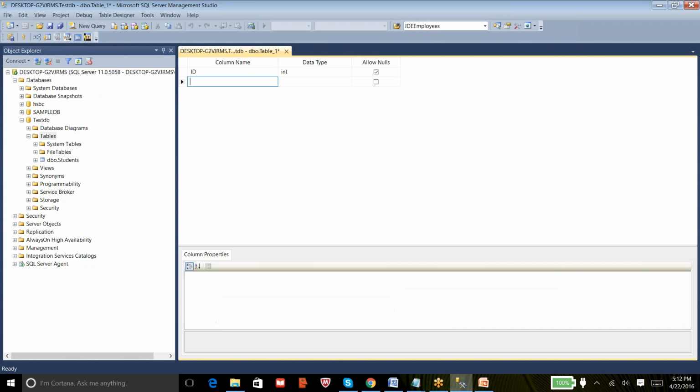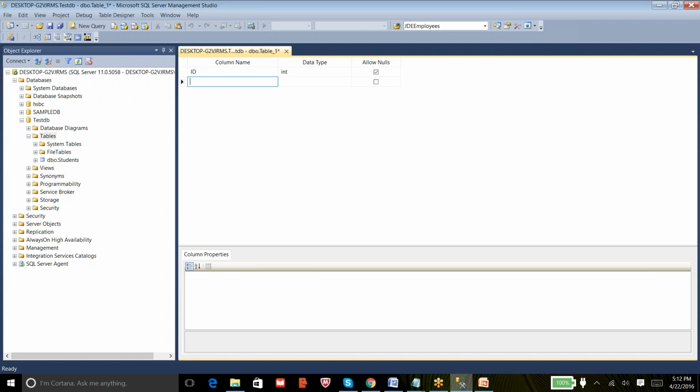If I create a table this way, even if a user by mistake tries to insert a character value in the ID column, SQL Server will throw an error, clearly saying that the ID column doesn't allow characters. It only allows integer values.